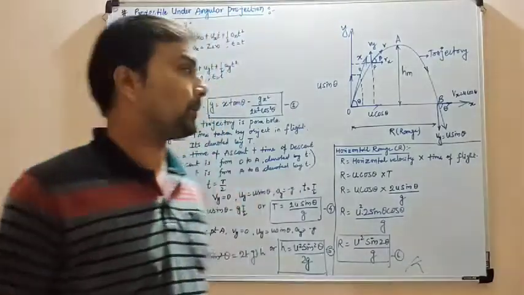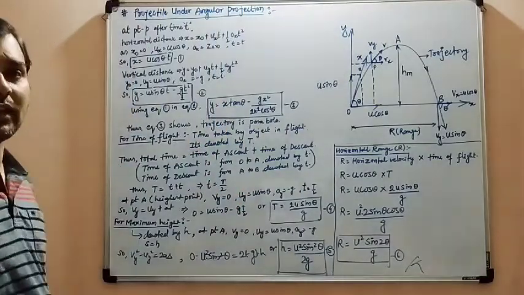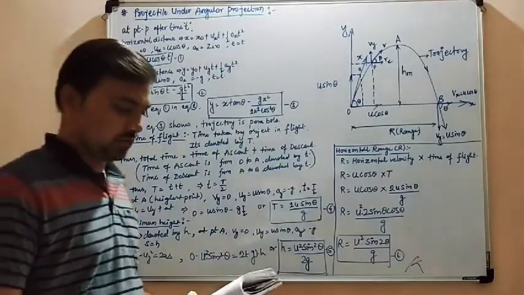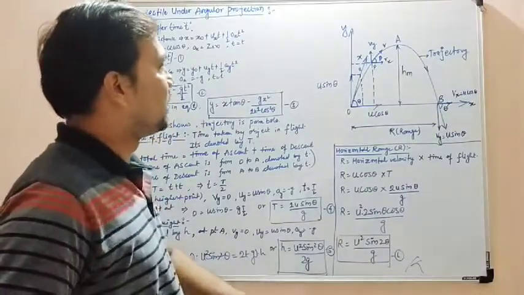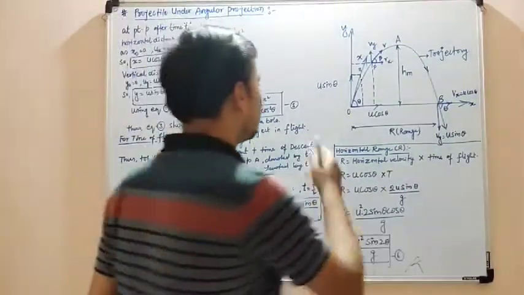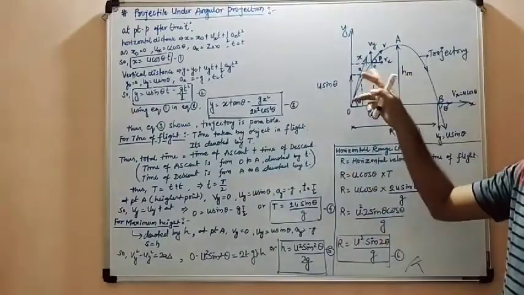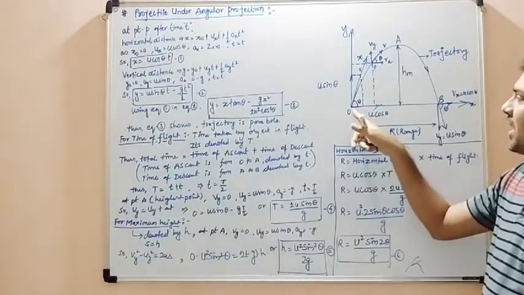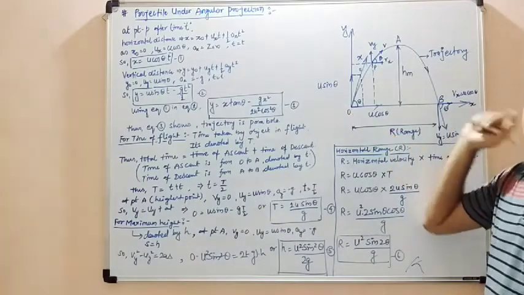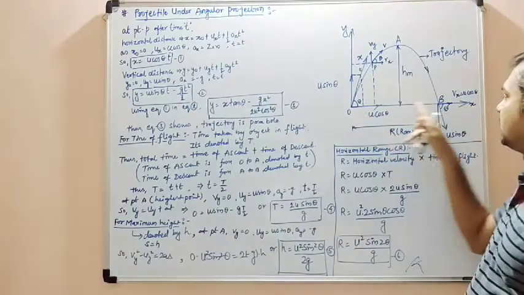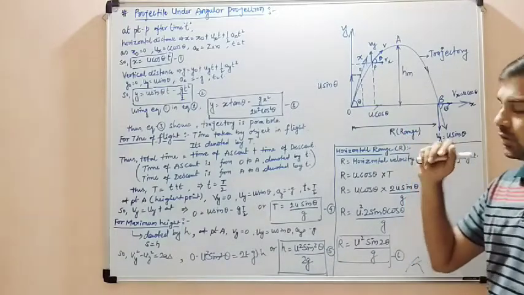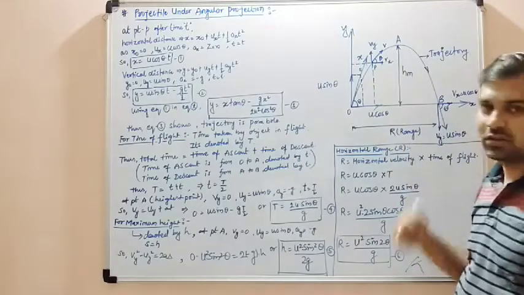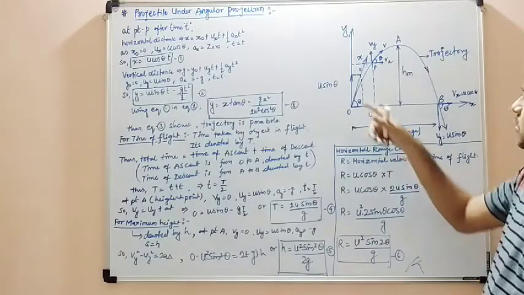Students, welcome back. Our topic today is projectile motion under angular projection. We'll start this topic by understanding this diagram. Here I have taken the x-axis and y-axis, and from the origin a particle is projected with some angle. That angle, taken with the x-axis, is theta. When the particle is projected at a certain angle, it has an initial velocity, which I have taken as